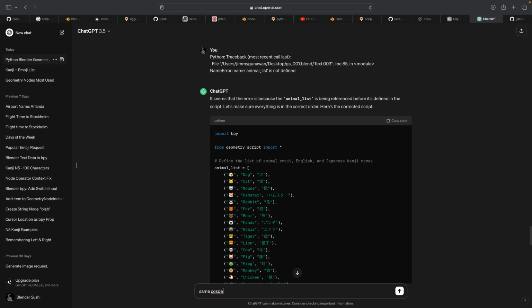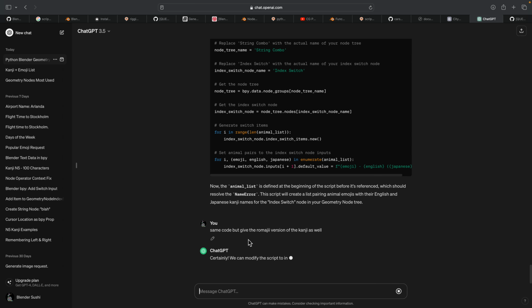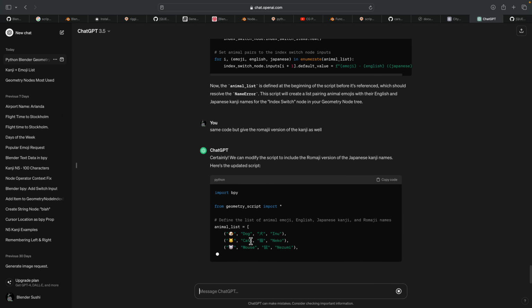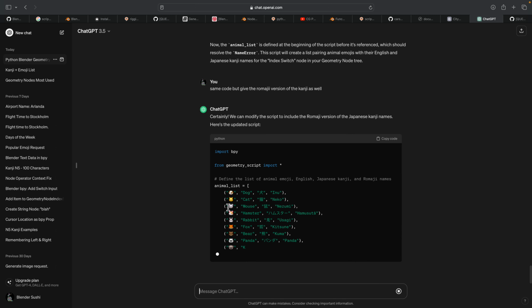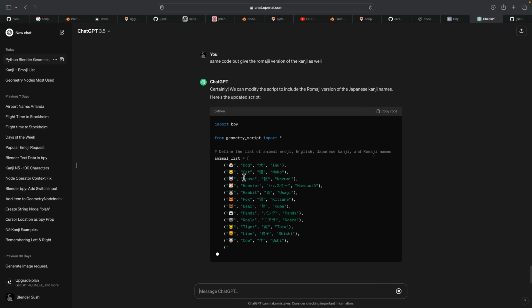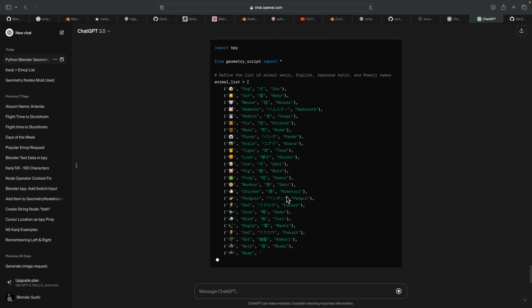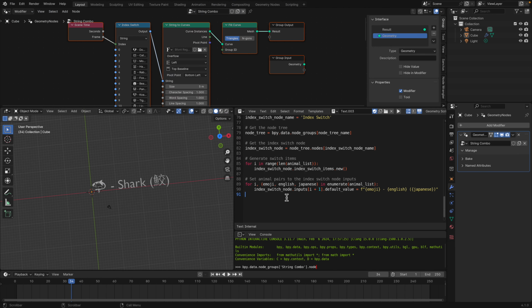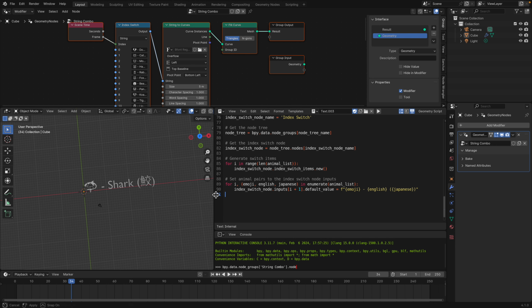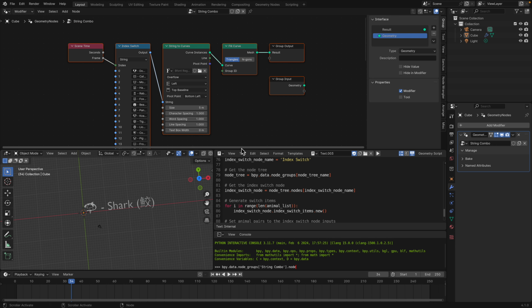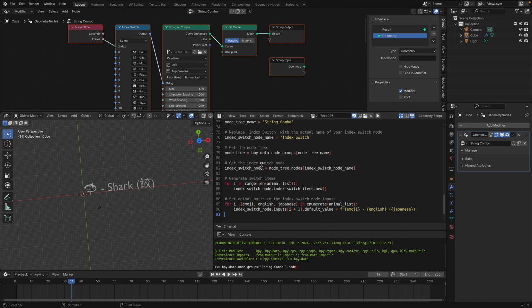Same code, but give the Romaji version of the kanji as well. Dog, inu, cat, neko, mouse, nezumi. Yeah, now it's perfect. So that's basically what I want to talk about. I think the point is